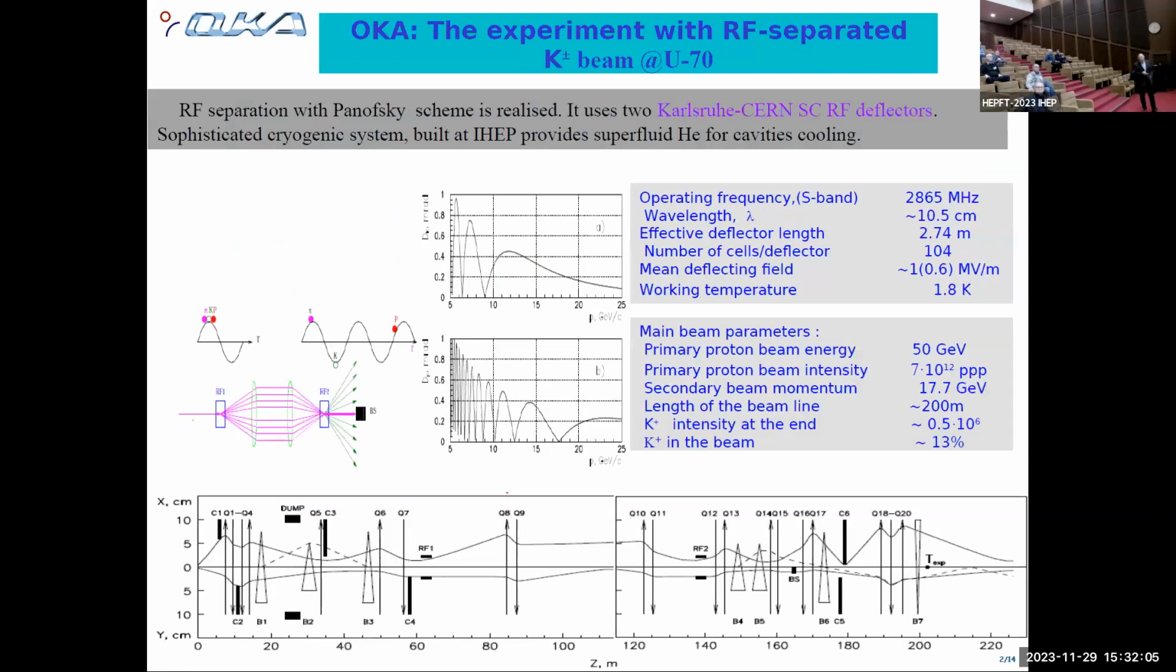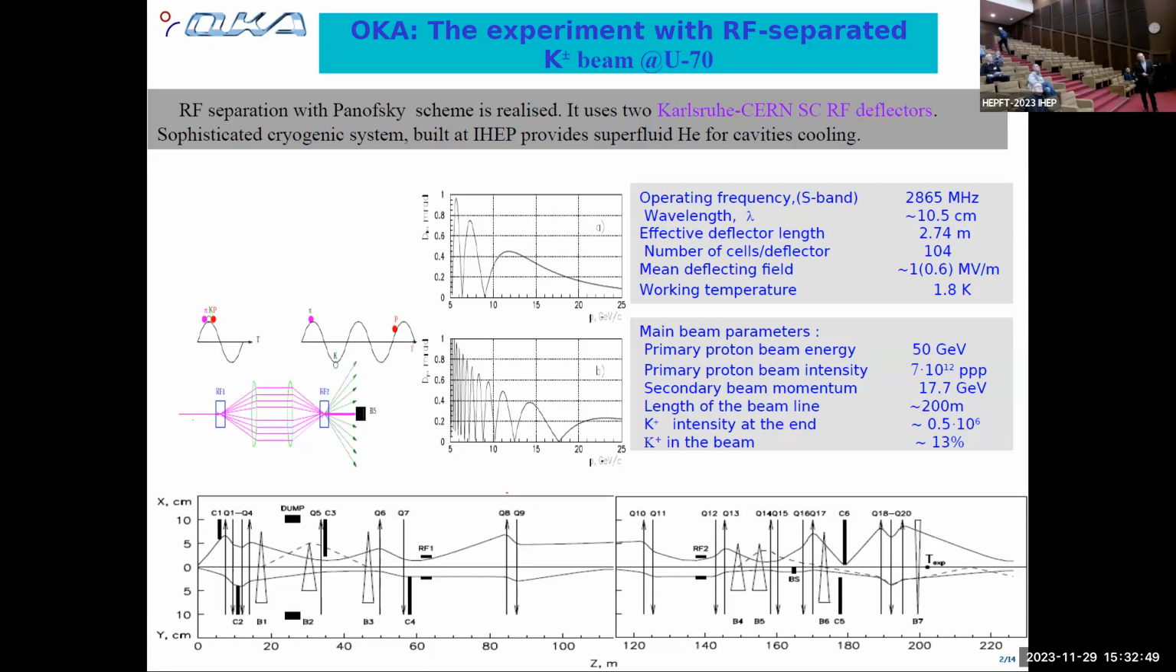So OKA is working in the RF separated K plus minus beam. It has an enriched fraction of kaons in the beam. The normal fraction is, say, 1.5%, and we have 10 times more kaons in the beam. And separation is achieved by use of the so-called Panofsky scheme, which includes two radio frequency